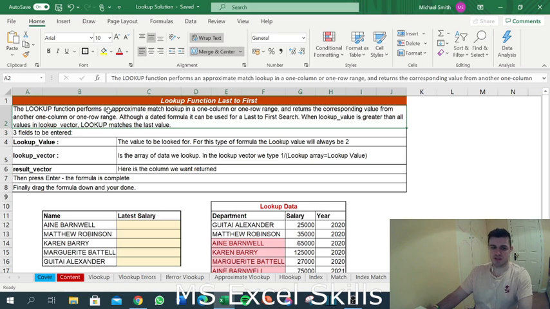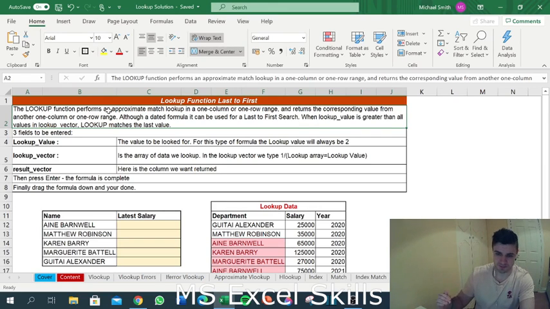Another limitation that the VLOOKUP has is that where multiple instances of a lookup value exist, it will take the first occurrence in your table array. So where there are duplicates of your lookup value, it will only return one. It'll return the first value. So it'll look down the table array, and the first time it comes across your lookup value, that's the value